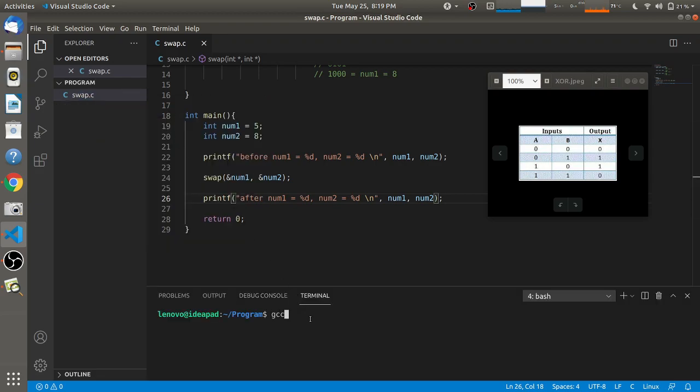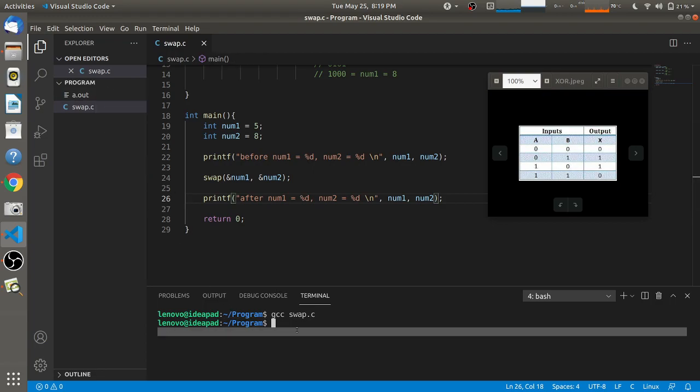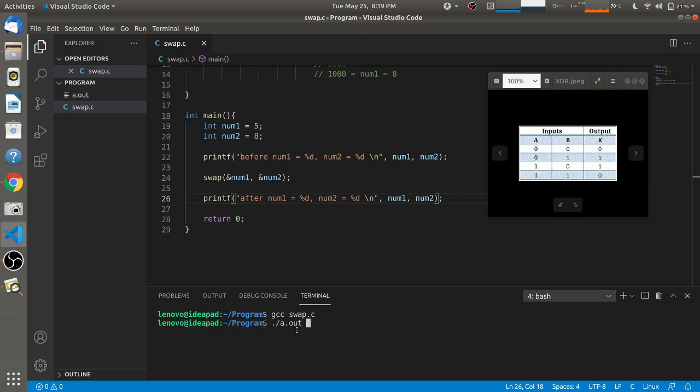We have to compile it using gcc swap.c, then press enter, and you will see an executable file is created, that is a.out, which can be executed using ./a.out. After pressing enter, you will see that before calling the swap function, num1 was 5 and num2 was 8, and after calling the swap function, num1 is 8 and num2 is 5.